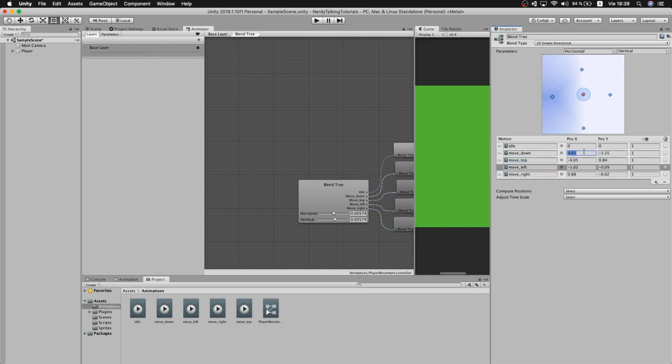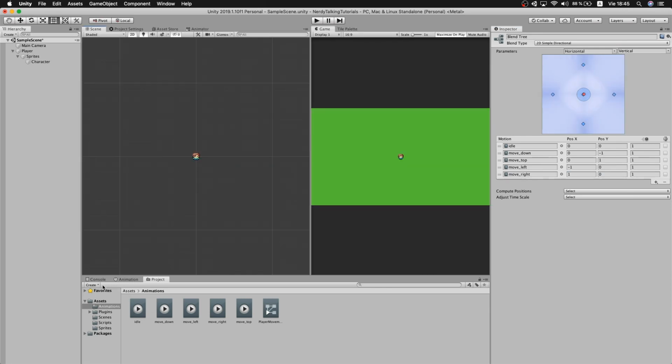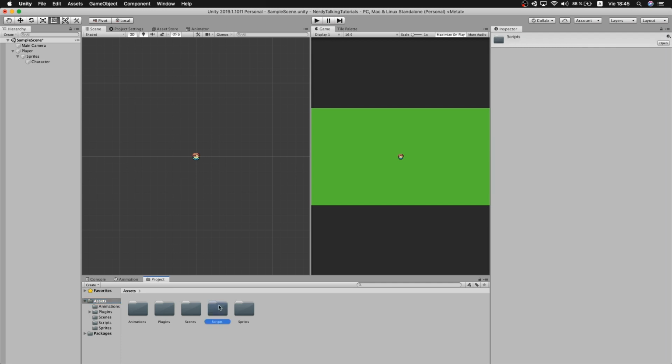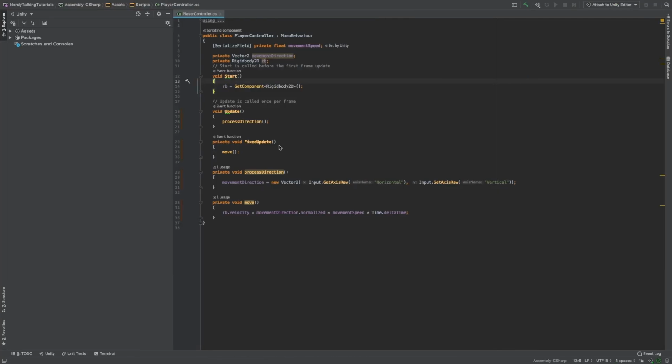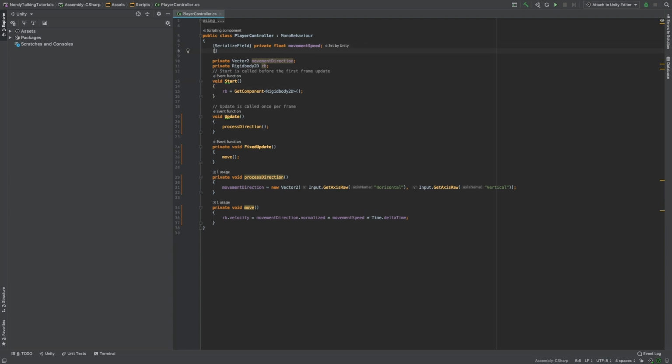I will initially place them just by hand, and after that I will just change the values to make them more exact. And for the final part, we just need to set the values for the horizontal and vertical parameters, and we will do that in the movement script from the previous video. First thing that we need is a reference to our animator, so I will make it serializable. So let me create a serialized field, private animator. I will name it anim,